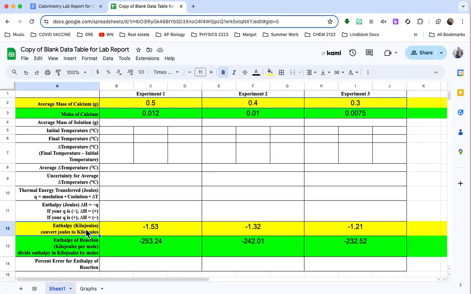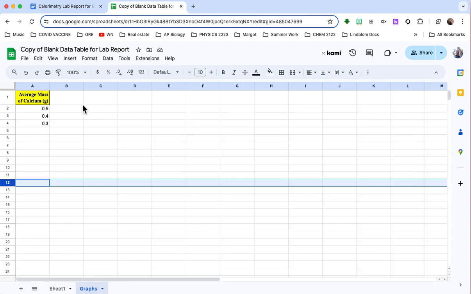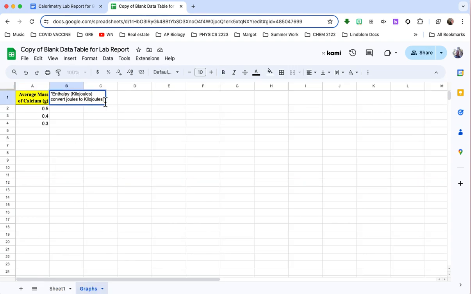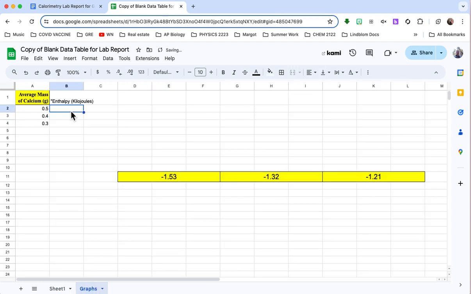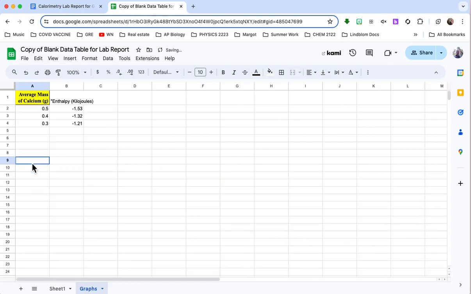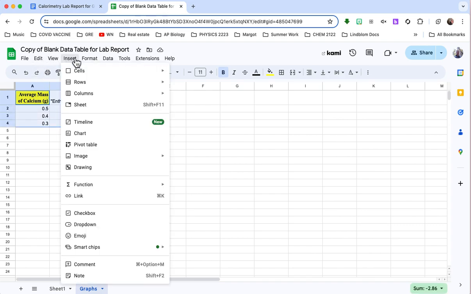So enthalpy in kilojoules is right here. Copying that over. And I'm going to actually make an edit to that so it doesn't have the instructions there. Just like before, I want to make my life easy, so I'm just copying this over, and then I'm going to negative 1.53, and then I'm just going to type. Okay. To make this graph, I then highlight all of those cells, insert